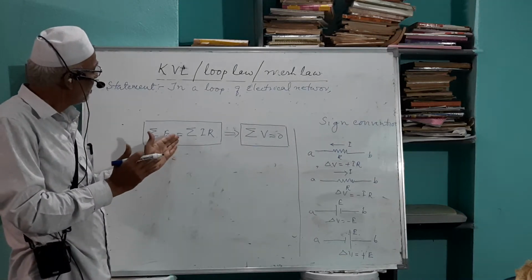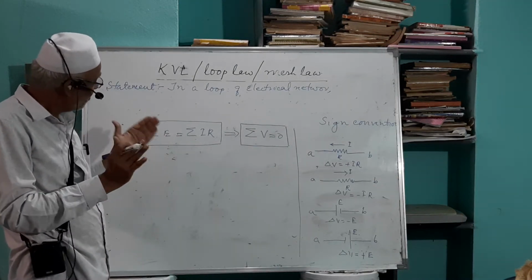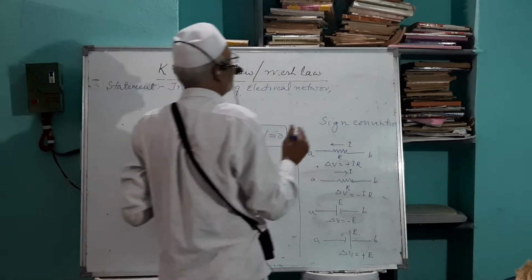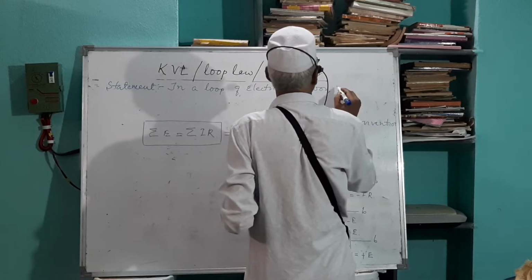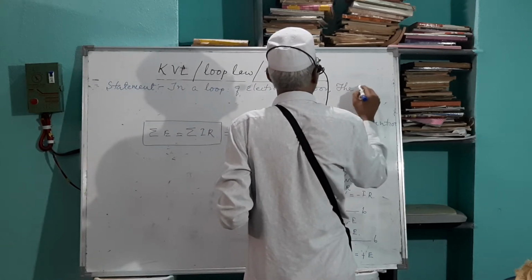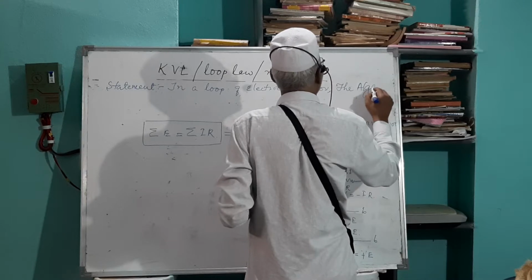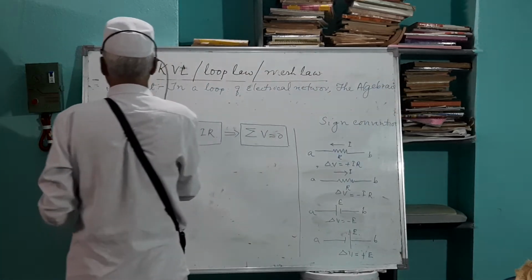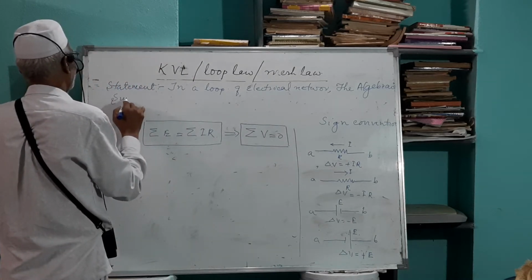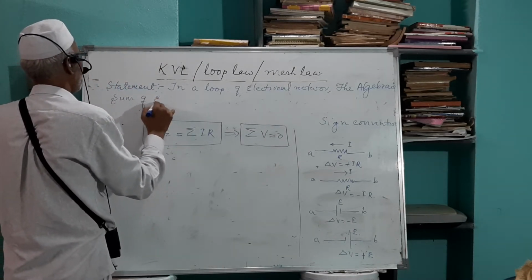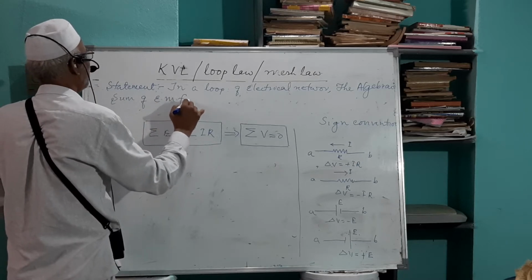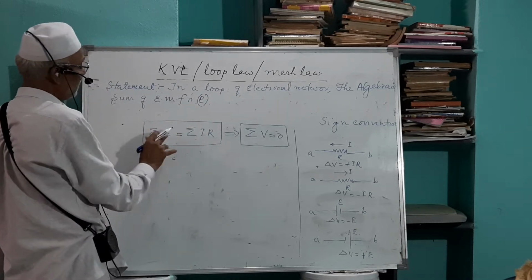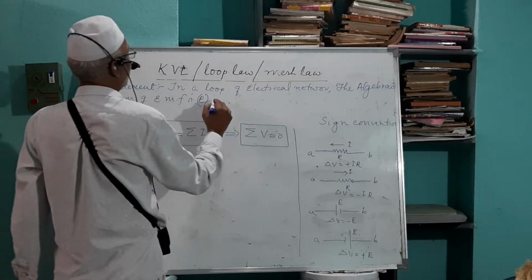This is the left hand side of this mathematical expression, the algebraic sum of EMFs, E, is equal to